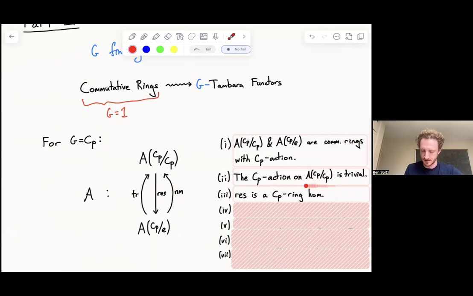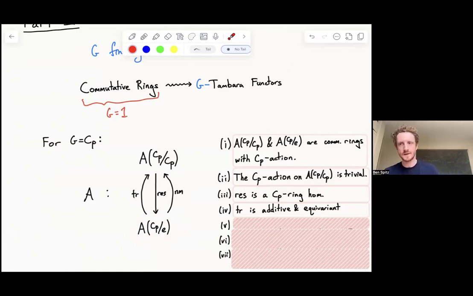So that's where the assumption that the C_p action on the top level is trivial comes in: it just says this restriction map is going to be a ring homomorphism that lands inside the fixed points on the bottom. The action on the bottom could really be anything. And then there's a condition about the transfer map. The transfer has to also be C_p equivariant, and it's not a ring homomorphism, but it will be a homomorphism of the underlying additive abelian groups.